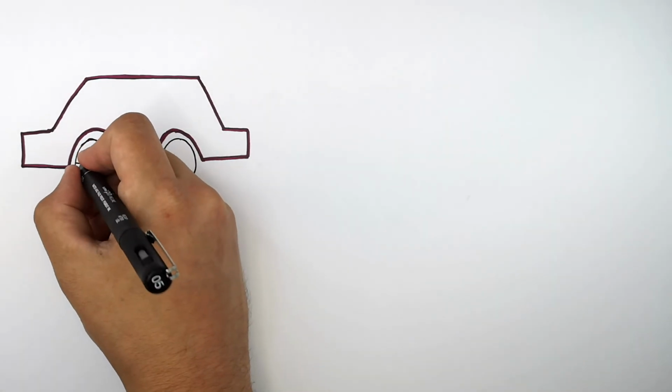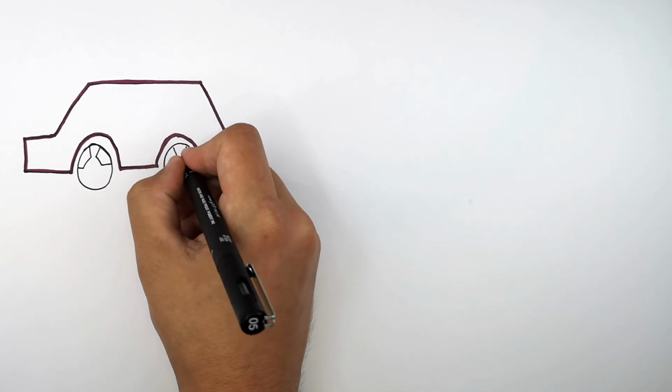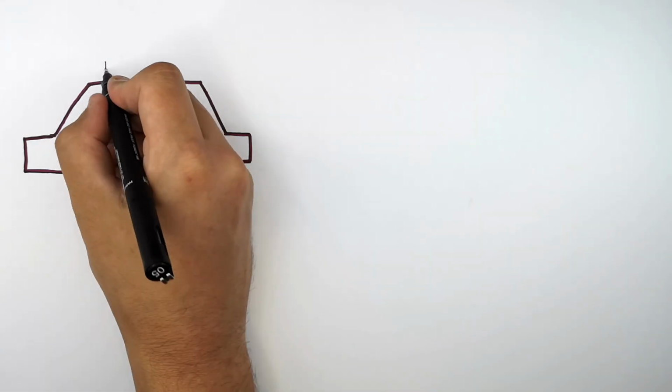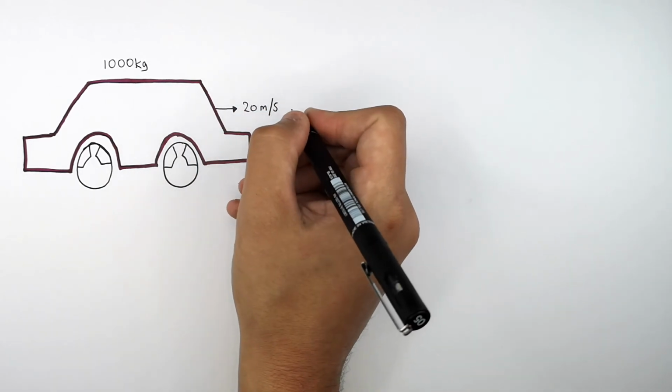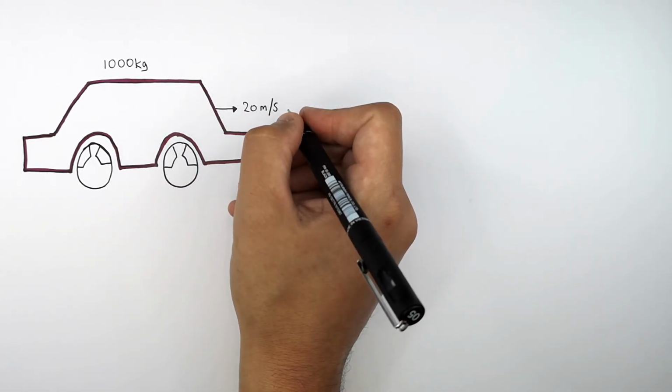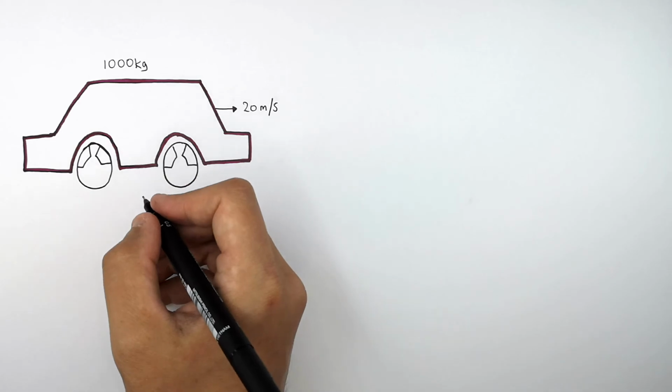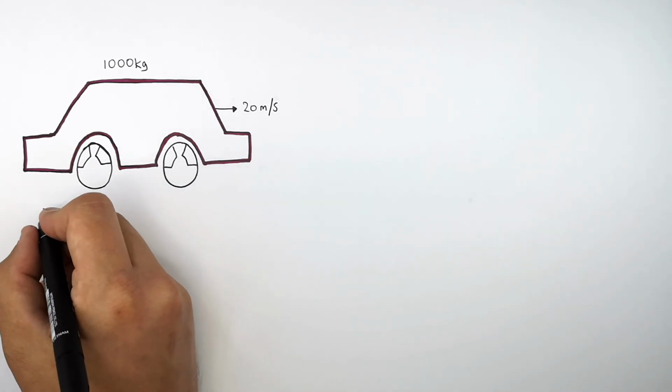This here is a car, and these are the brakes on the wheels. The car has a mass of 1,000 kilograms, and it's travelling at a speed of 20 meters per second. So using this information, we can calculate the energy stored in the kinetic energy store of the car as it's